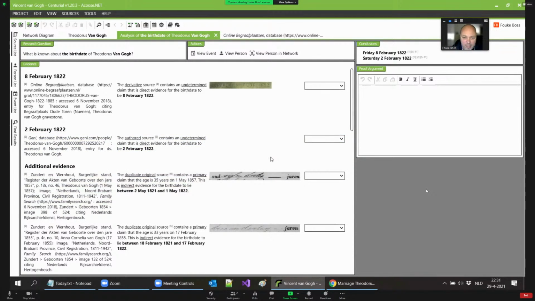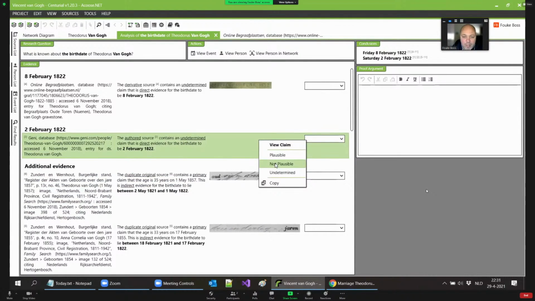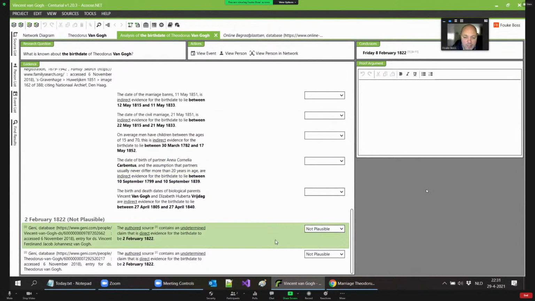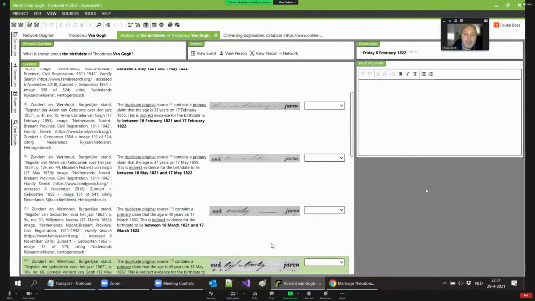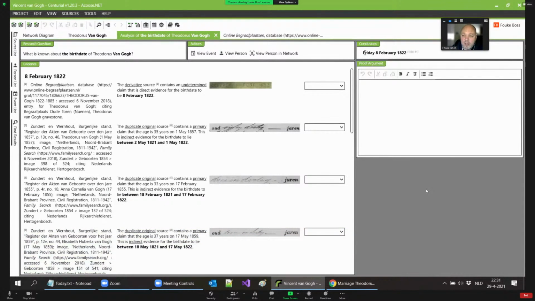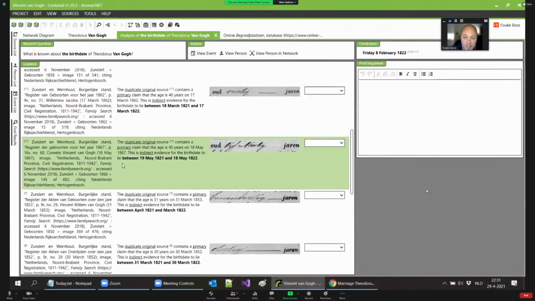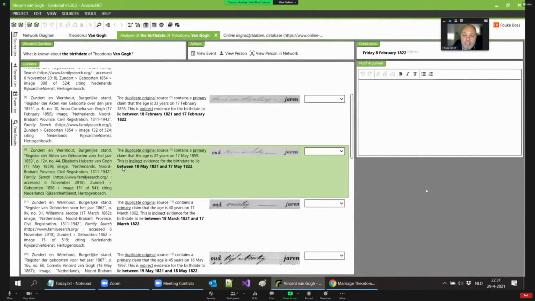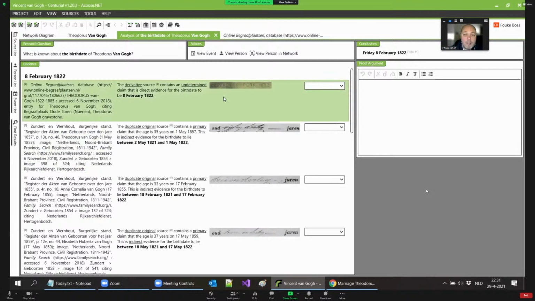As soon as I mark it as not plausible, and there were two of them, so I have to do it twice, they move to the bottom of the list, and they are grayed out so that you know that you marked them as not plausible. And then you see that Centurial updates the conclusion accordingly. So now all of a sudden, all the evidence leads to the same conclusion, which is that he was born on the 8th of February.